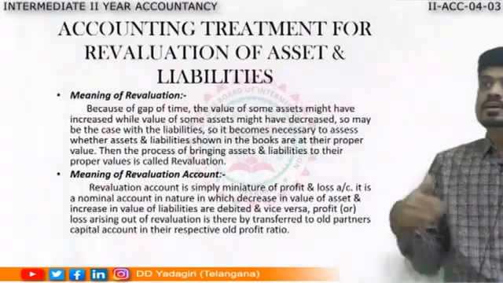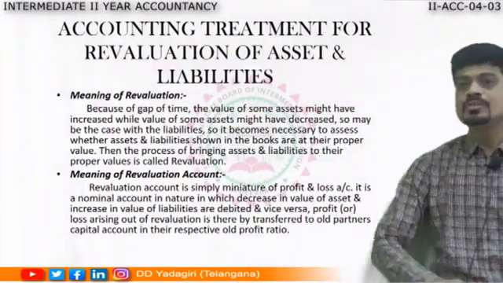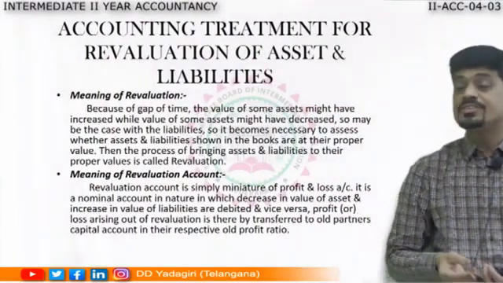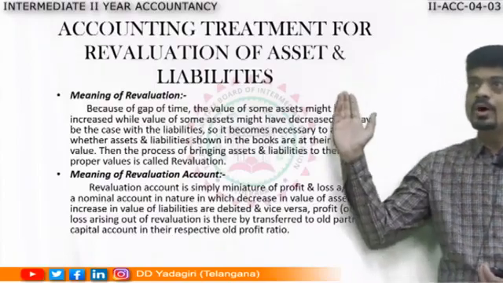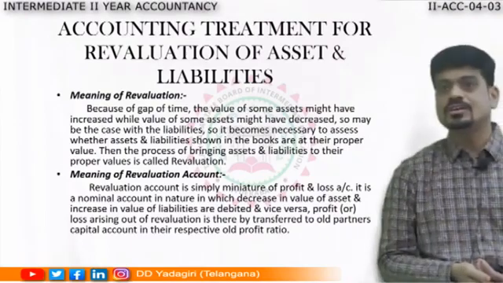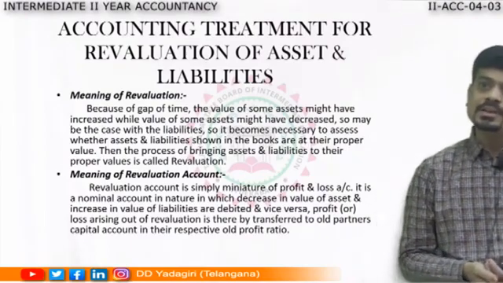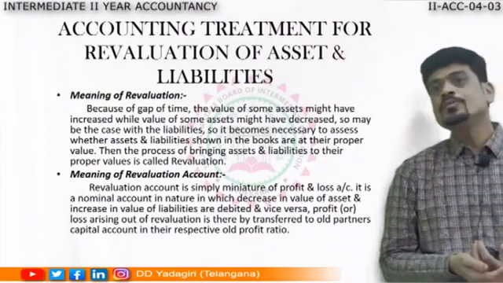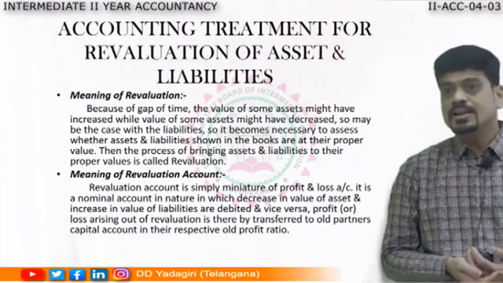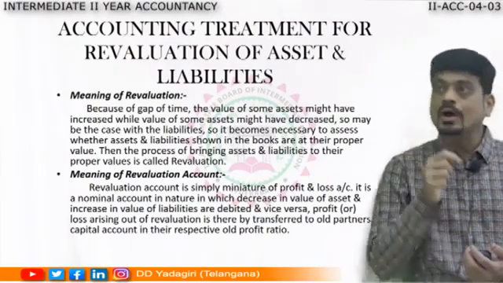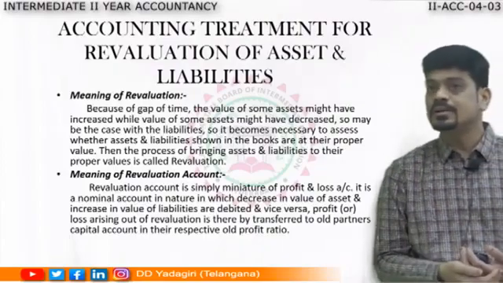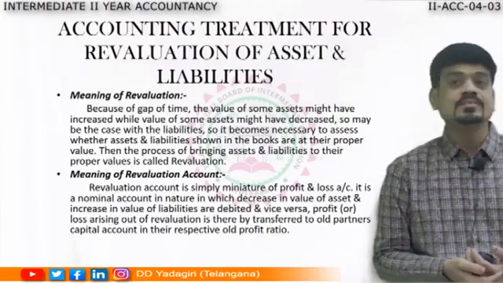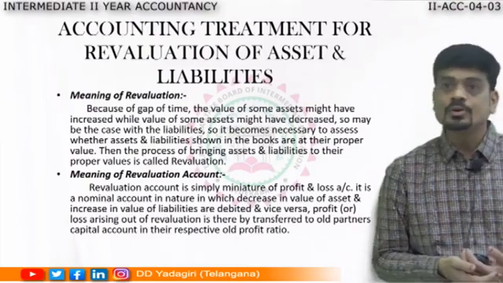Then next comes the most important treatment, which is about 80% of your solution, and it is all about revaluation of assets and liabilities. Sir, what do you mean by revaluation of assets and liabilities? I hope you all remember I gave you an example of admission of a partner, with the example that your brother is getting married. And what you'll do?